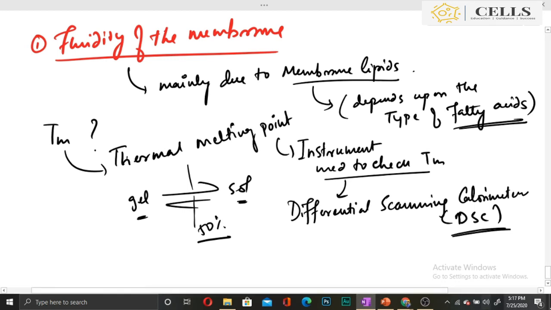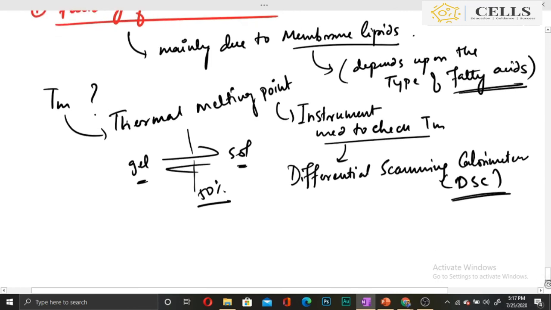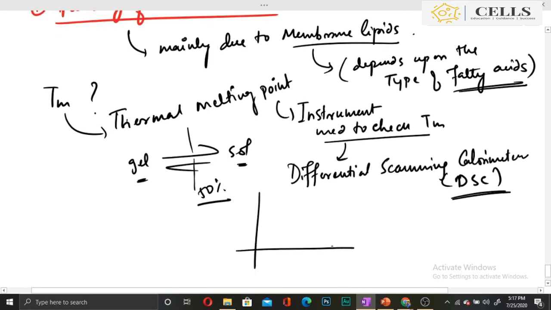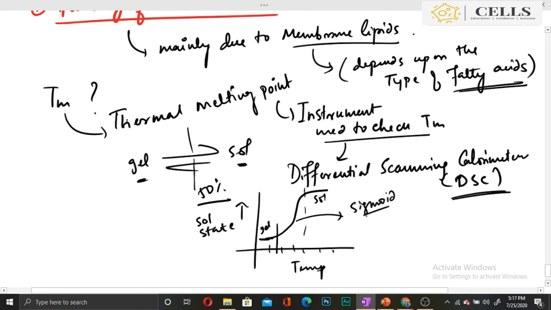So suppose I draw a graph like this. This is the sol state and this is the temperature. So I am increasing the temperature. At first it was present in a gel form, and after that it has formed a solution form. So it was in the gel phase, and now it is in the sol phase. Now this kind of graph is called a sigmoid graph. We will be dealing with all these kind of things in biochemistry. Sigmoid graph. Why? Because it is actually